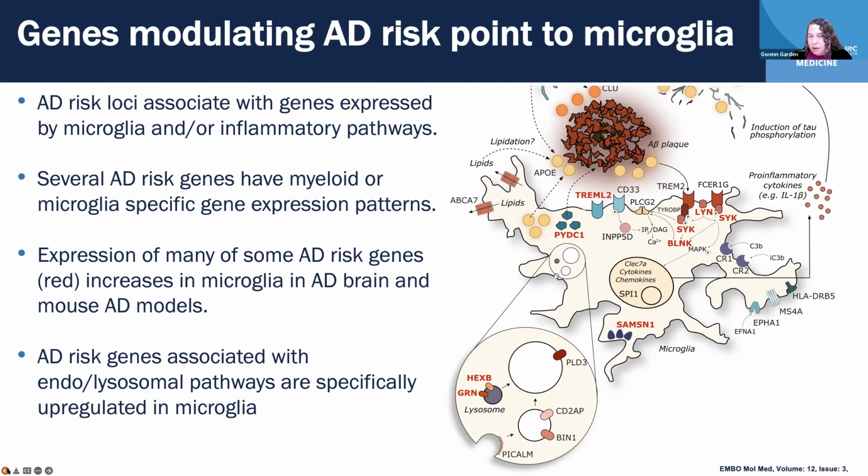And these, in addition to the main GWAS alleles being expressed in myeloid cells and increased in expression when you look at microglia from the brains of mice that have genetically engineered AD as well as patients with AD, these risk gene expression go up specifically in microglia within the brain. So all of this genetics has led to this concept that potentially the inflammatory response to A beta may be one of the major risk factors that leads to the development of AD.